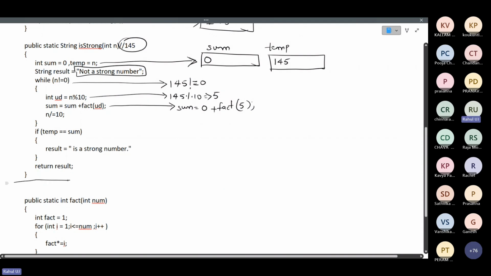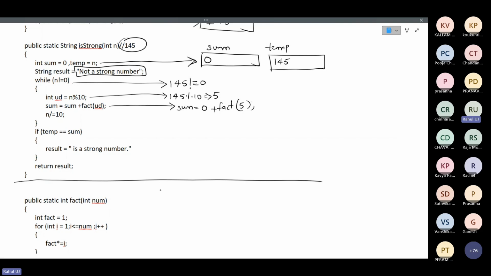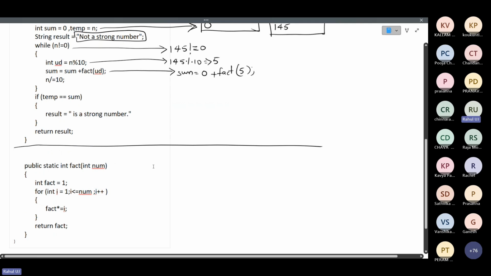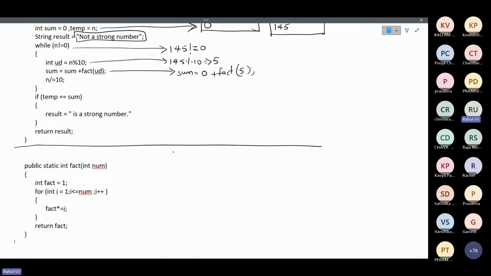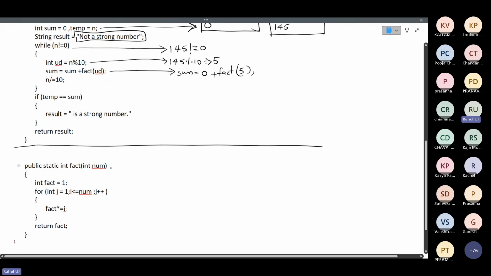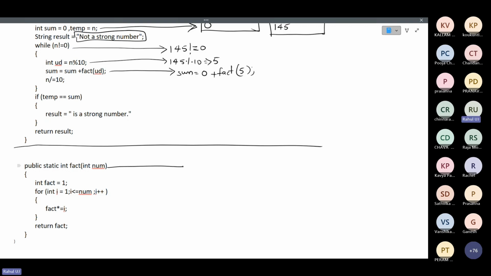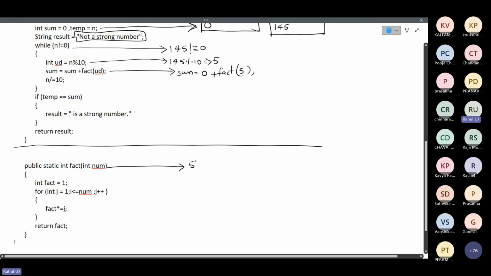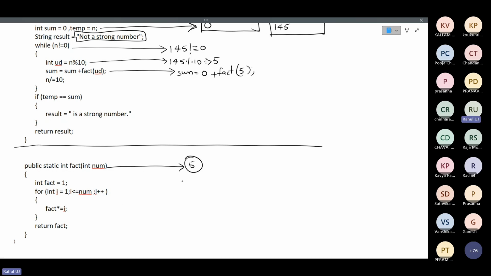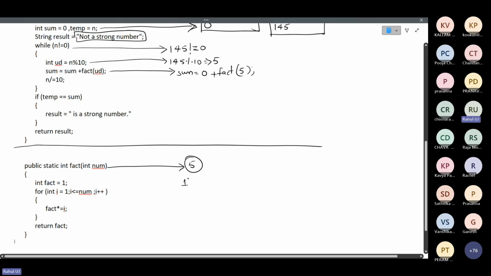So whenever you have obtained 5, the control comes to your fact method. Yes or no? Whenever you are substituting 5 for this method, in the first iteration,